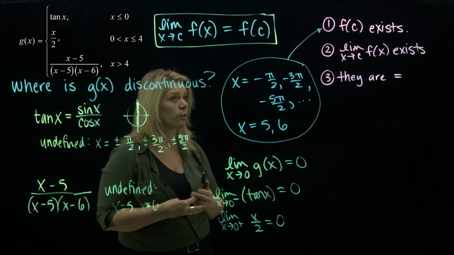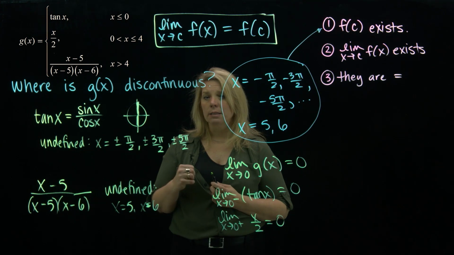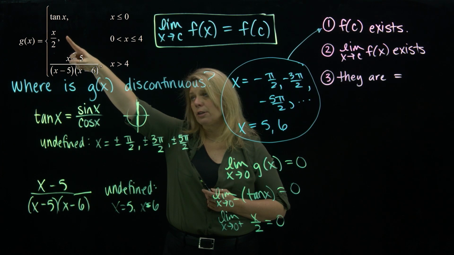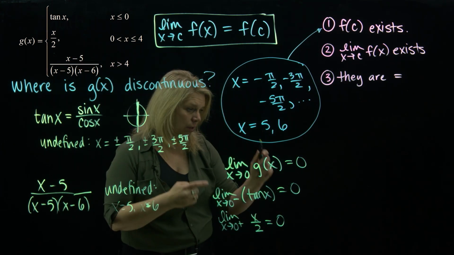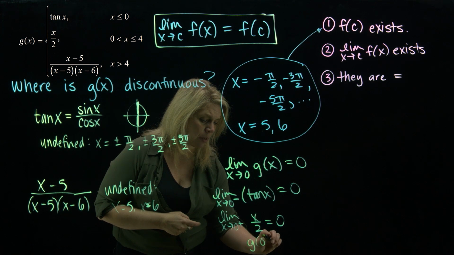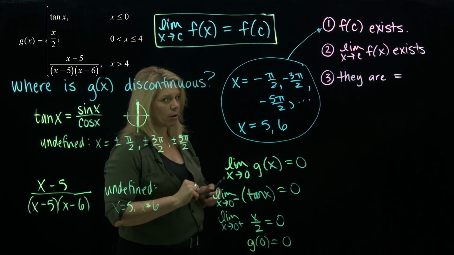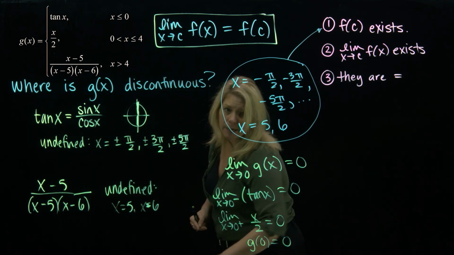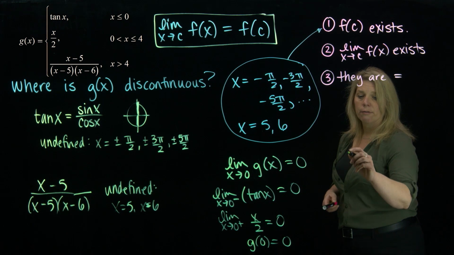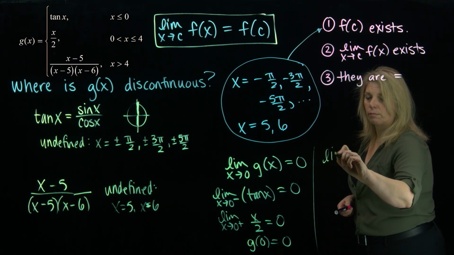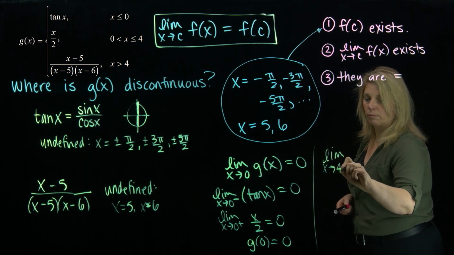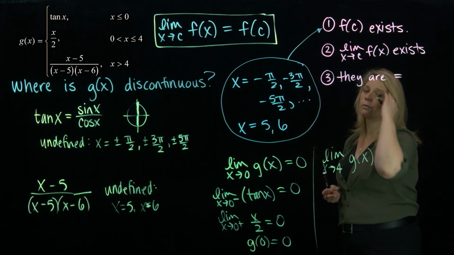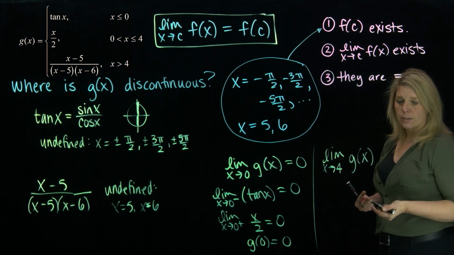I might think about what is the function output value at x equals 0. Paying attention to my inequalities, when x equals 0, the output is tangent of 0, which is 0. So the limit exists, and the function output is 0, and they agree. So we're OK at x equals 0. At x equals 4, you might think about the limit as x approaches 4 for this function. Again, because the piecewise function breaks at x equals 4,